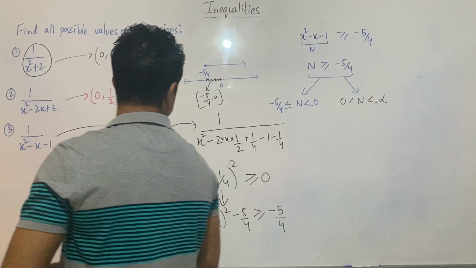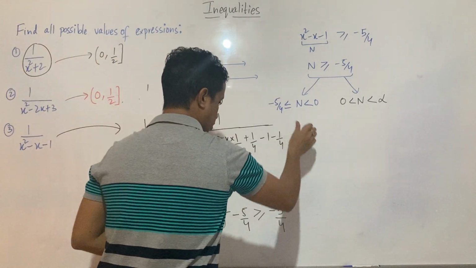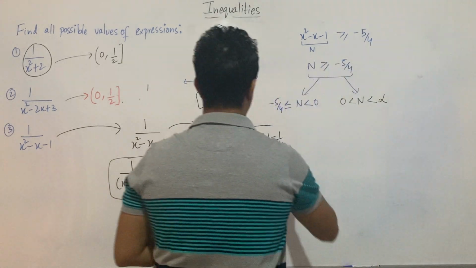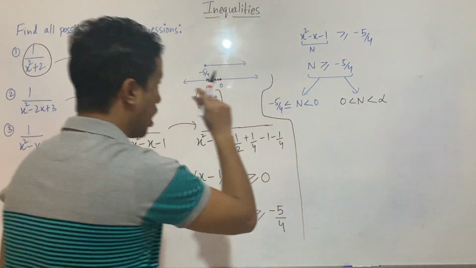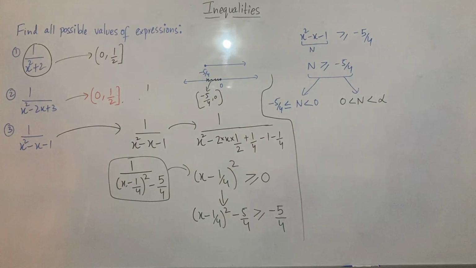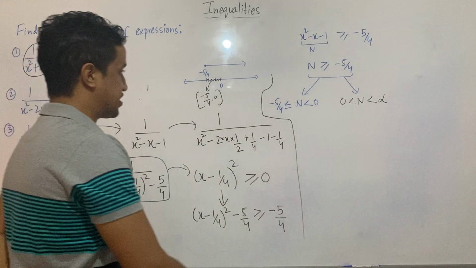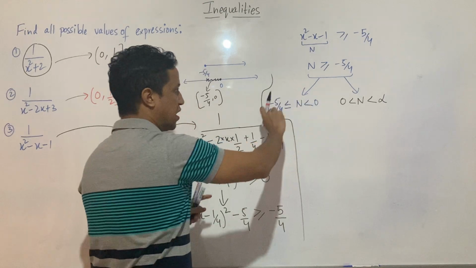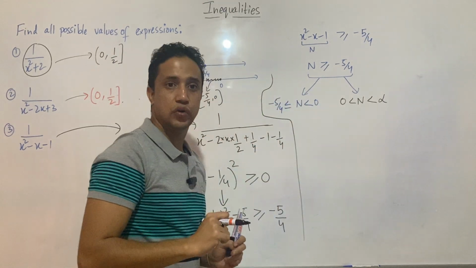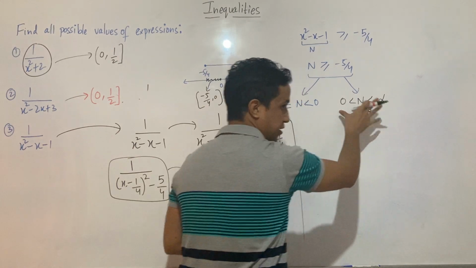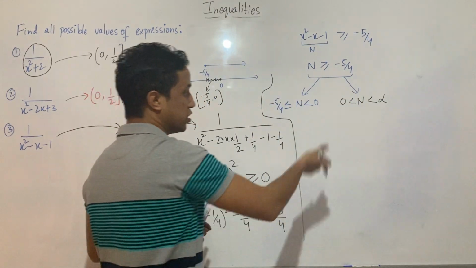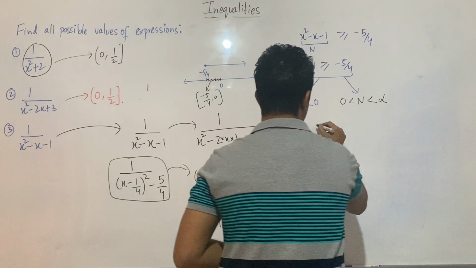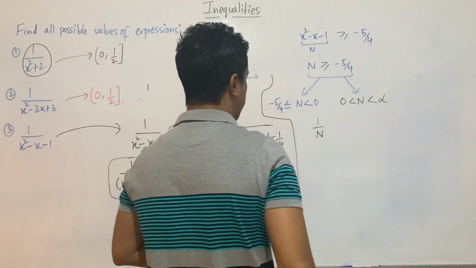Now I hope you agree with me. Just have a look. Okay. So now what about 1 by N? Because I just need 1 by N. Now see here, both are negative here, so I have the same signs, and here positive, positive, same sign. So if I take reciprocals, what will happen? The sign of inequality will change. So if I do reciprocal here, 1 by N, so